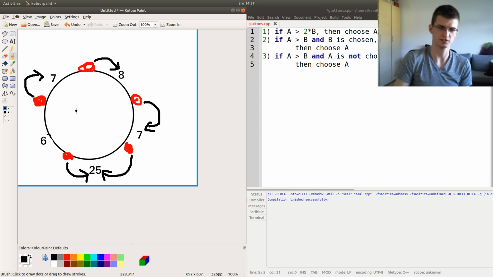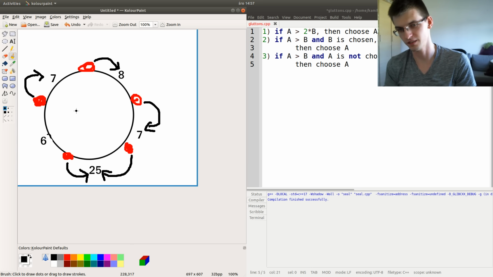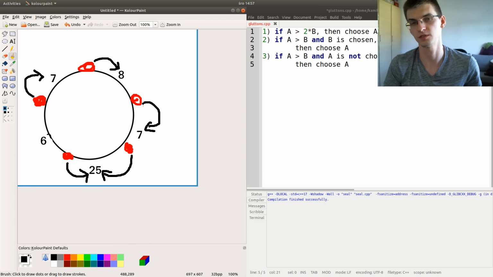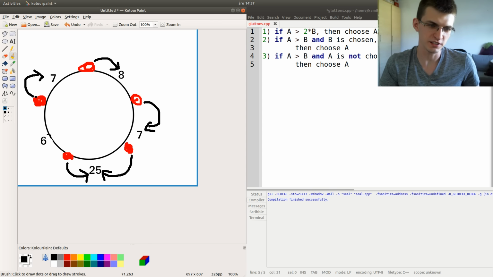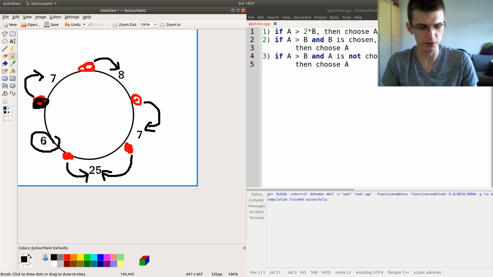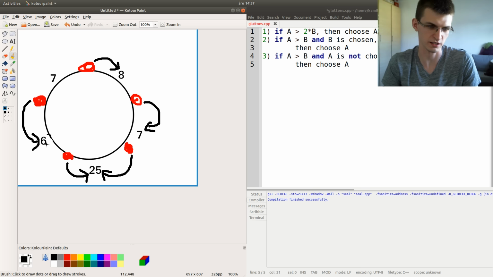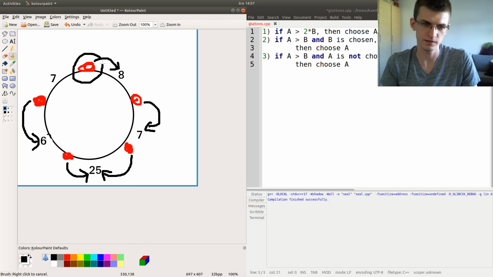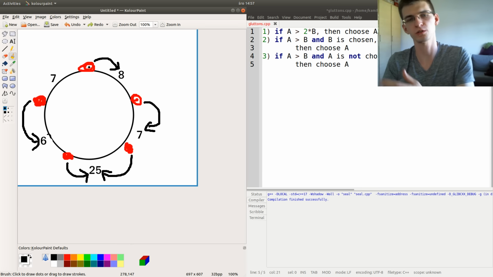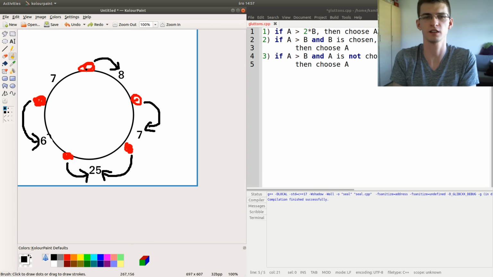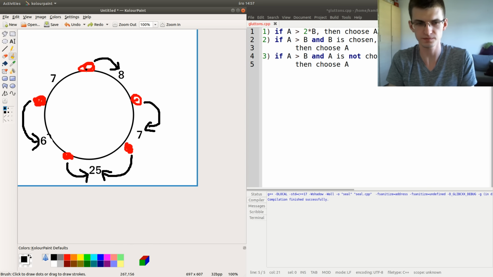So this is almost okay. Well, this is okay, I think. Nobody should switch their decision. But maybe this guy, if this value would be a bit bigger, he would want to switch to a 6. And then similarly, this guy maybe would want to switch for the free cake on his left.